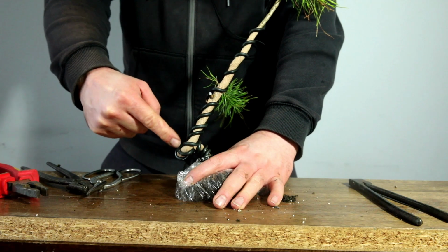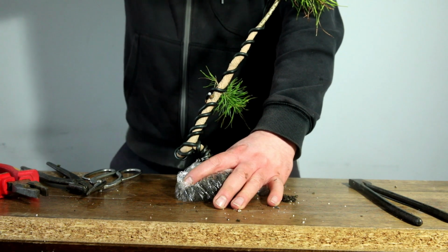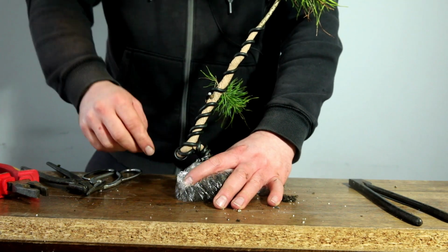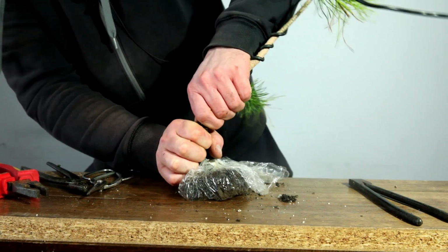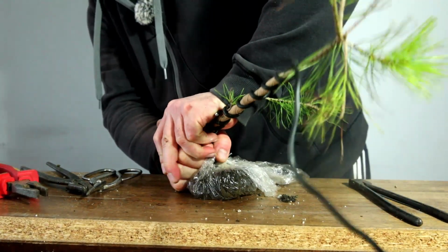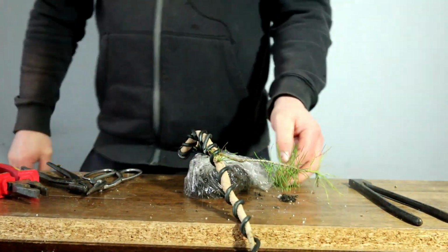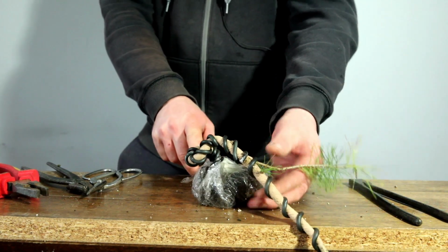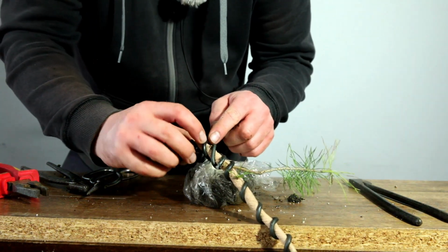Now, as I said a second ago, I don't want this just corkscrewing round. I don't like it when it does that. So I think now that it's come up tight, I want it to go back down. So using my finger here as a fulcrum. Go on. There. So we've now got it going across, down, up, round, and we've now got this bud that's on the surface, you know, the one that I